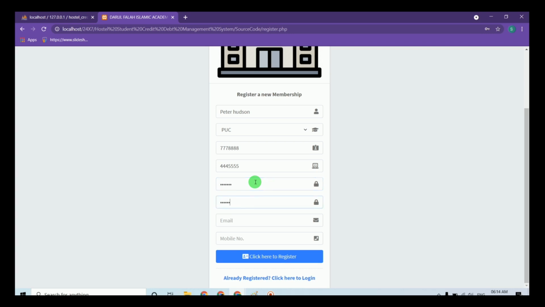The email ID and mobile number of the student are necessary. The student must enter a valid email ID and a valid mobile number.